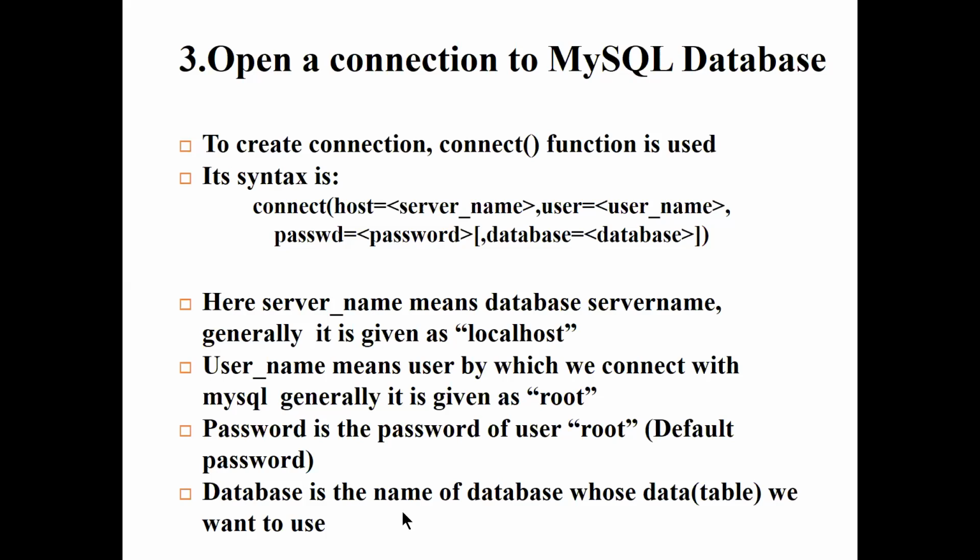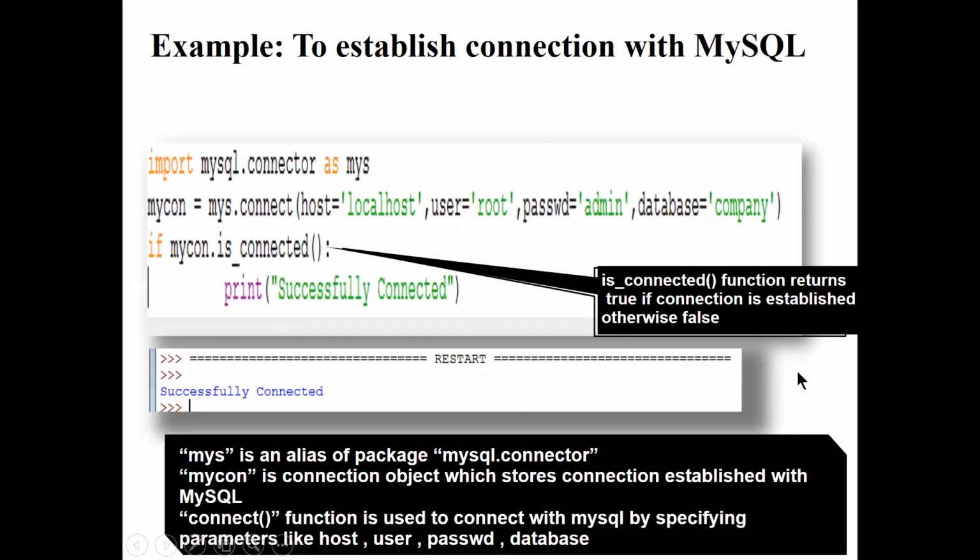Okay, so once you get that, you have to create an object for that, right? Okay, so here you have to write the command something like this. Import mysql.connector as mys or ms, whatever the choice, and then my connection, you have to create an object for that, mysql.connector.connect, and then you have to specify, this is in their computer, the username is root, the password is admin, and the database that they have used is company. In your computer, what is the username, what is the password, what is the database, you have to specify it.